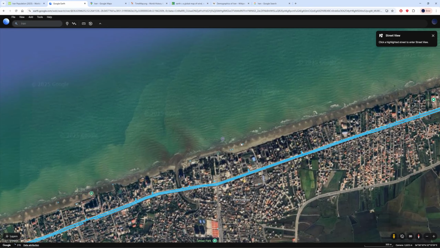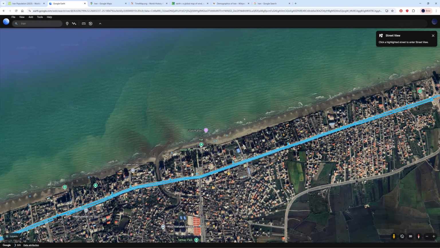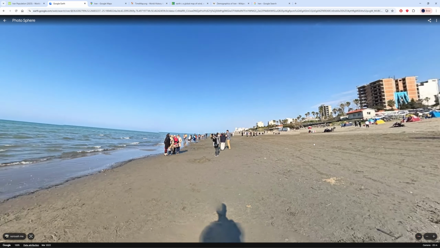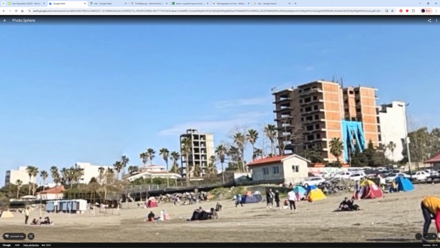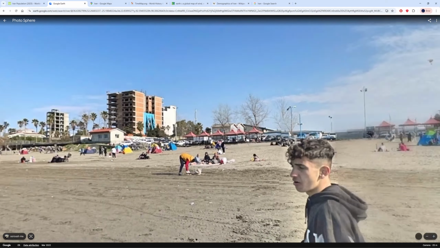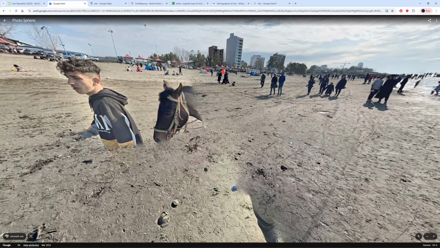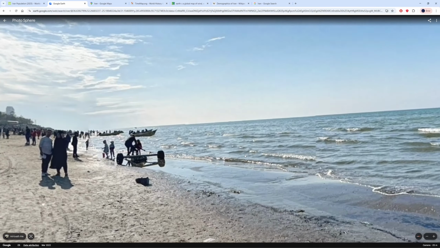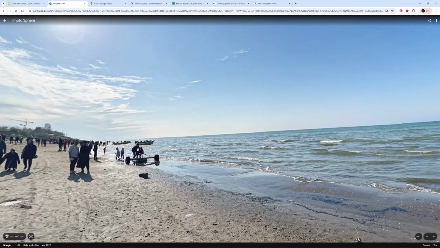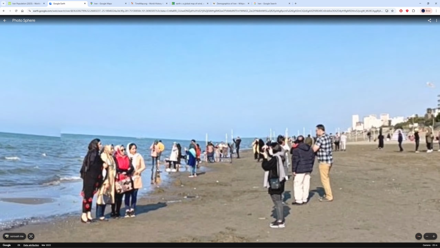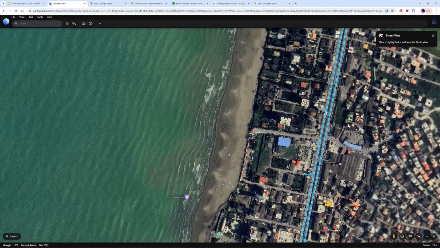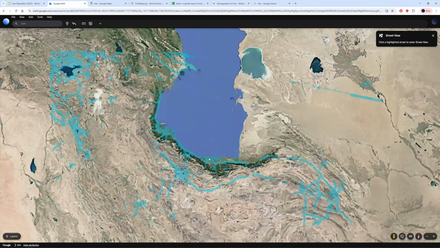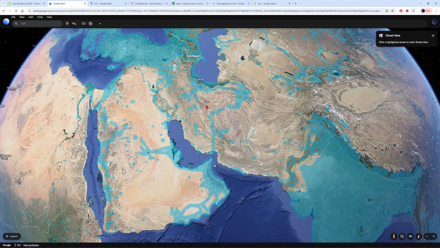We can go on the beach. We have some 360. Let's check it very quickly, how well they've done there. So yeah, those buildings don't look that well, and it's 2022, so pretty recent, I would say. We have a horse on the sea. Let's have the head of the horse on the sea, on the beach. Quite a few people there. I have no idea what those guys are doing here. Probably they just launch a boat to the sea. Yeah, not absolutely great, but again, they have an opening to this Caspian Sea and have another one here.